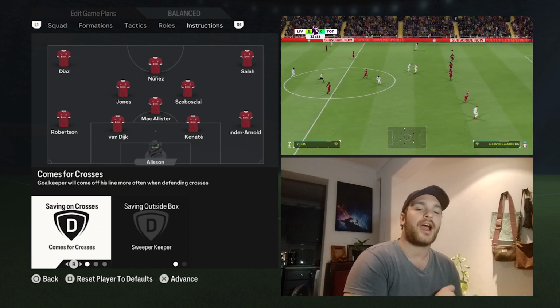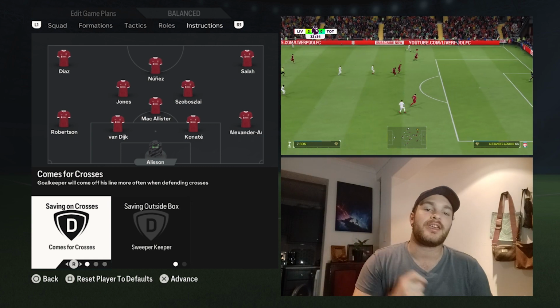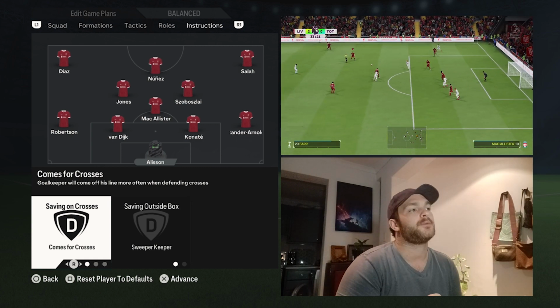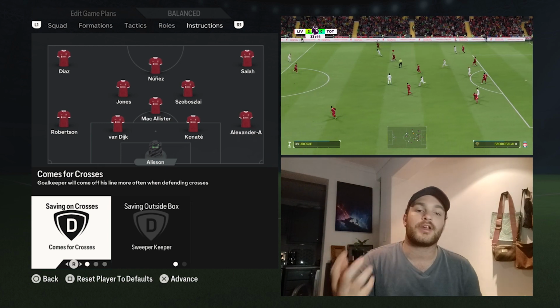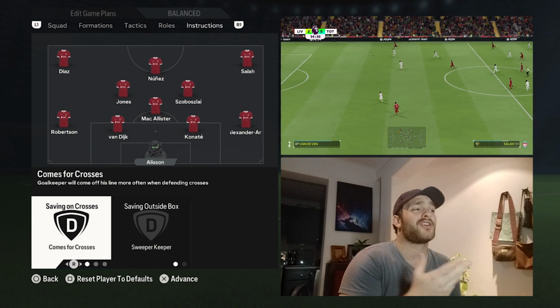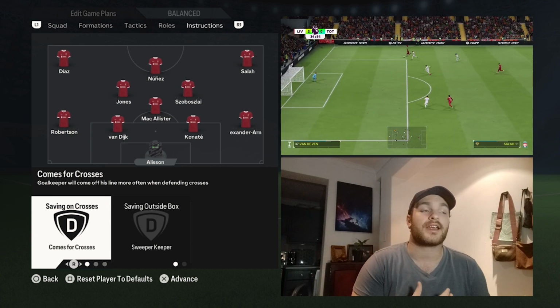It goes without saying, Alisson is one of the best sweeper keepers in the world, one of the best goalkeepers in the world, and in my opinion, he is the best goalkeeper in the world. So I've set him to come for crosses, very good with claiming the ball in the air, whether it's whipped in from a corner, a cross, a free kick, however you want to put it, he's claiming it,